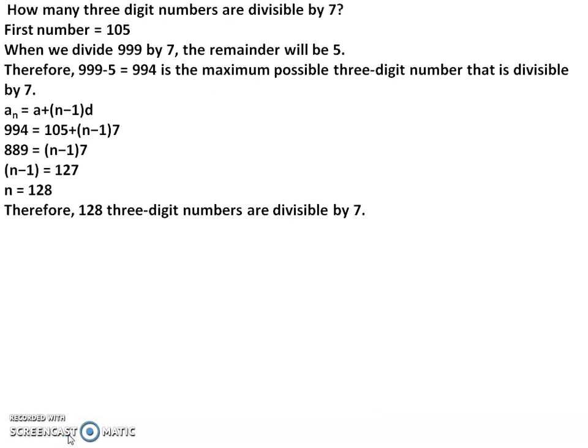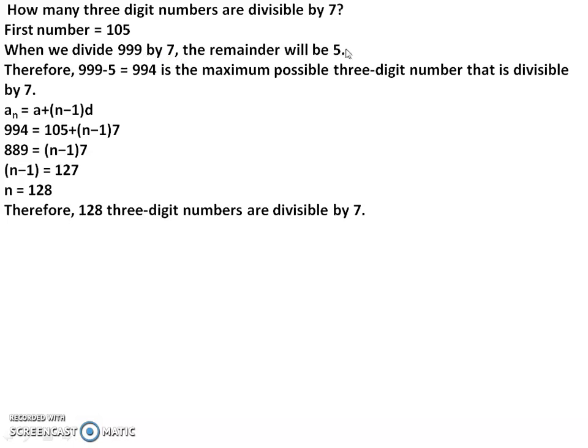Next important question in this topic is, how many 3-digit numbers are divisible by 7? Any number you can get here. You should know how to calculate the smallest 3-digit number divisible by 7 and largest number which is divisible by 7. Here first number is 105. And how will you get the largest 3-digit number divisible by 7? Which is the largest 3-digit number? The largest 3-digit number, you know, it is 999. You have to divide 999 by 7.